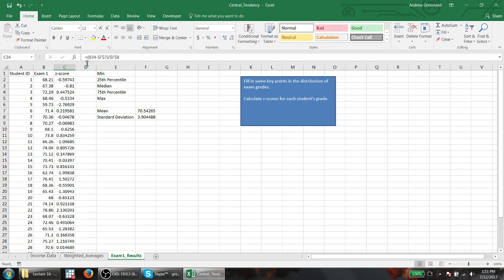This should give you an idea of how important it is to be careful with both parentheses and absolute cell references and make you comfortable with z-scores, and you'll have more opportunities to practice this on your